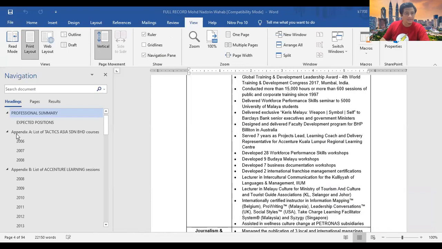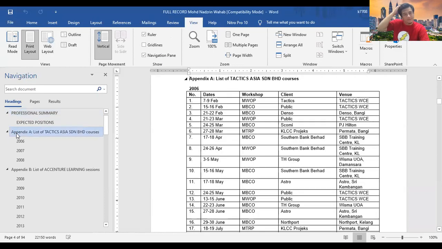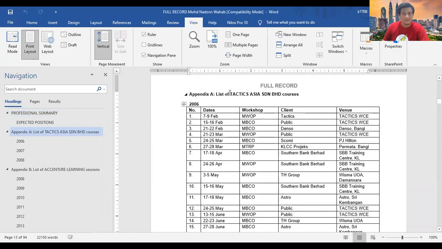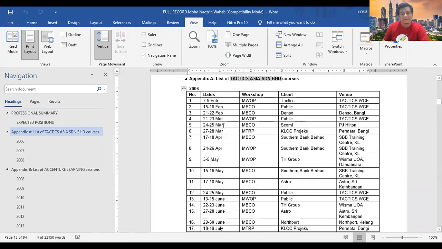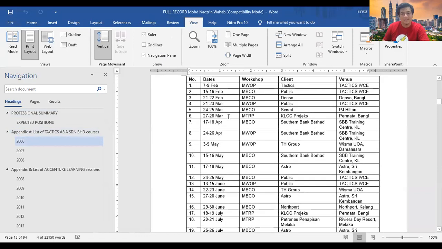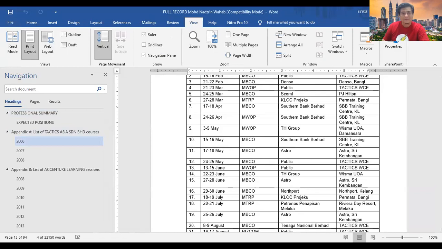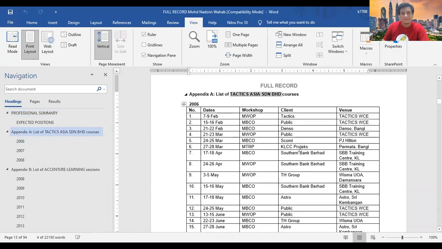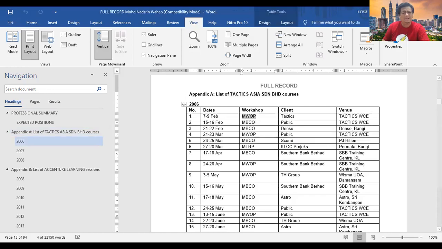So I have here a list of all the courses I've ever taught. This was at a company called Tactics Asia, the knowledge management company I'm talking about. Before I left the organization, I went back and documented every single thing: dates, title of workshop. This is MWOP, mapping writing for procedures.